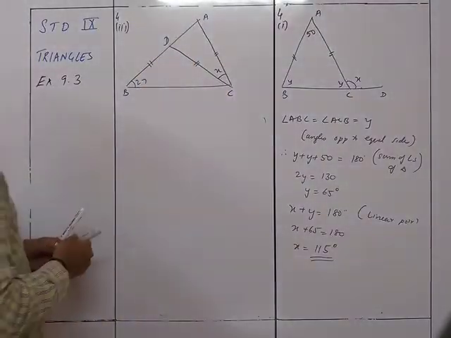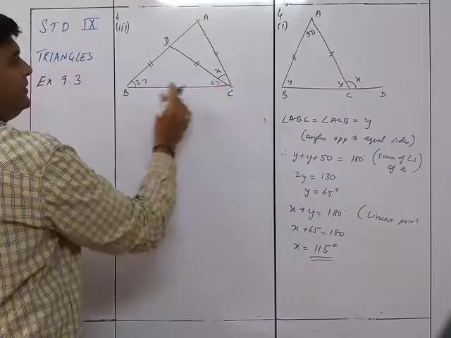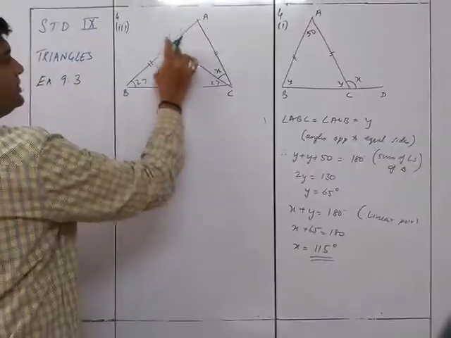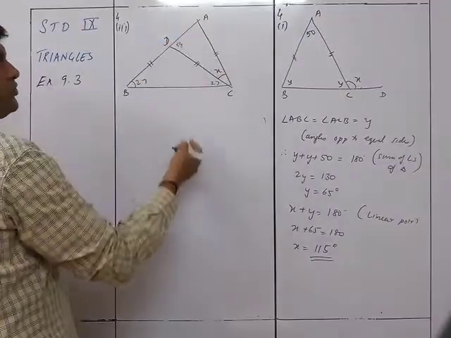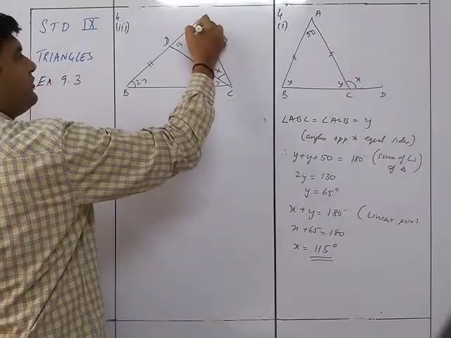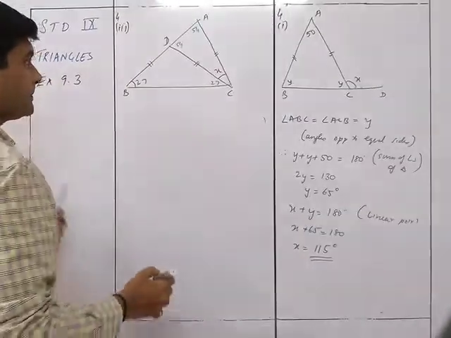Okay, an easy sum. If there is 27, these two are equal, so this is 27, so this will be 27. This 27 and this 27, so this will be 54, by the exterior angle property, 27 plus 27, 54. If this is 54, this will be 54. So this x will be 180 minus 54 minus 54.